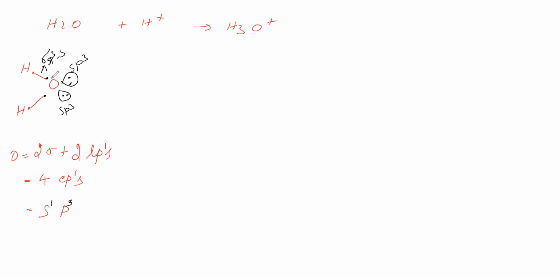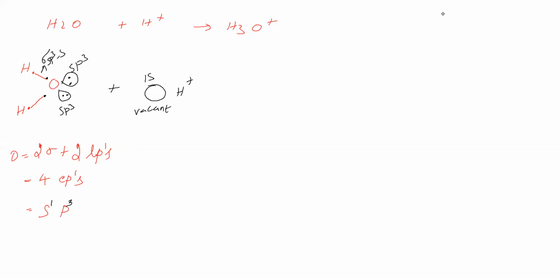So this is about water. Next we will take H+. H+ has a vacant 1s orbital. Now H+ is in need of 2 electrons in order to reach the duplet configuration, the helium configuration. In oxygen, 2 sigma bonds means 4 electrons, 2 lone pairs means 4 electrons, totally 8 electrons in its valence shell. Therefore, oxygen has the octet configuration, but H+ is in need of 2 electrons.